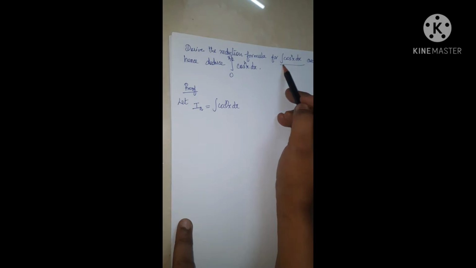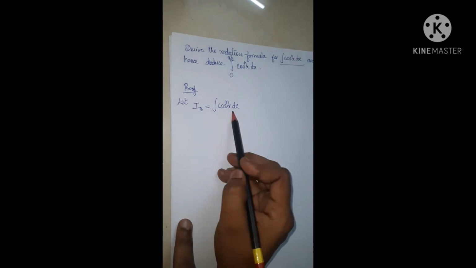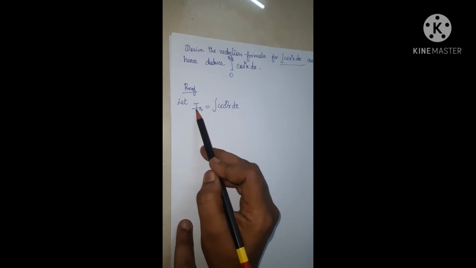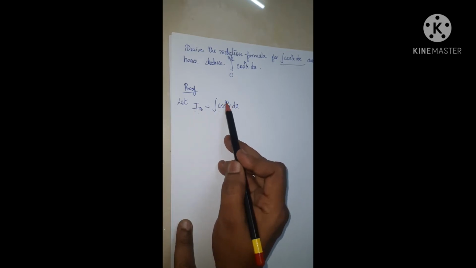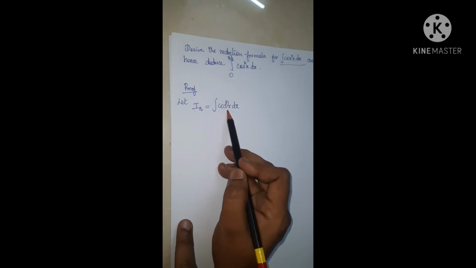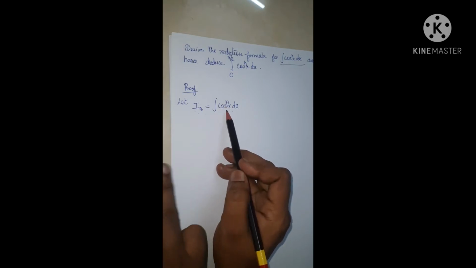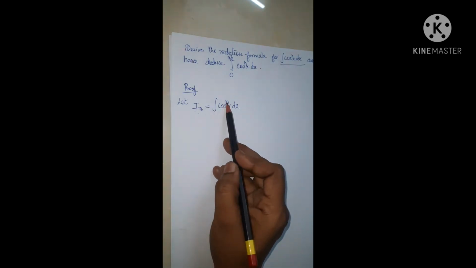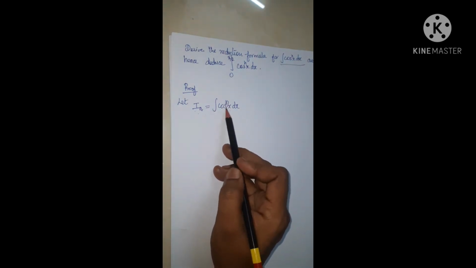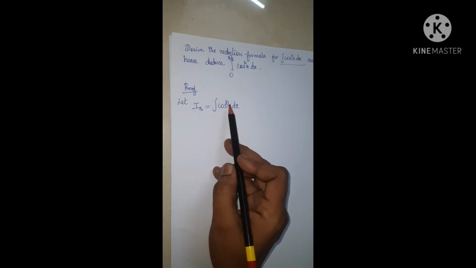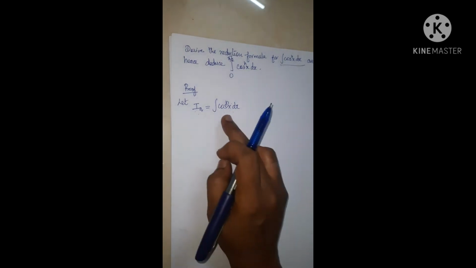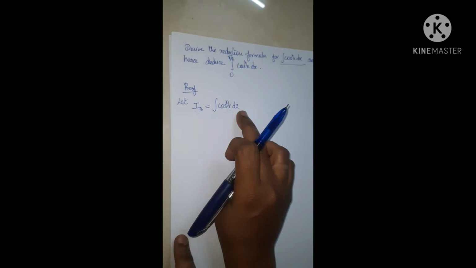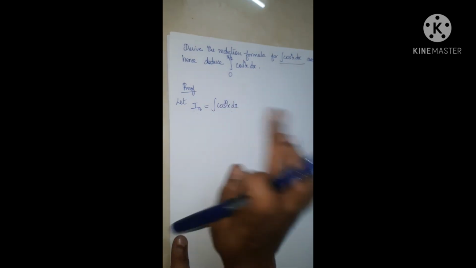Let us consider this integral cos^n x dx and denote this integral function by I_n. Why do we denote it by I_n? I is for integral, and n is with respect to the index of the function. What is an index? Index is nothing but the power in the given trigonometric function. So the power of the function is n for cos, and n is called the index. Therefore, we denote this integral cos^n x dx by I_n. So step 1 is to consider the given integral function with respect to n as I_n.